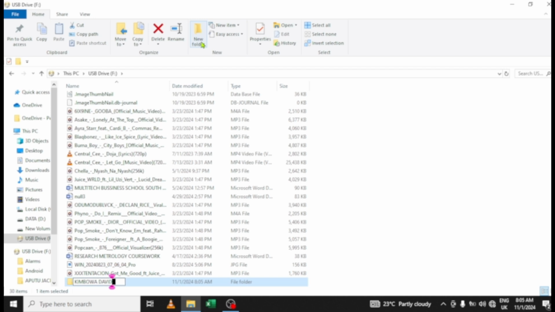But for this case, I will not need it. I'm going to delete it. I just wanted to demonstrate to those people who do not have a folder on the flash disk how it is done. So after deleting it, I'm going to open Apoto Jacqueline because it is the one that we